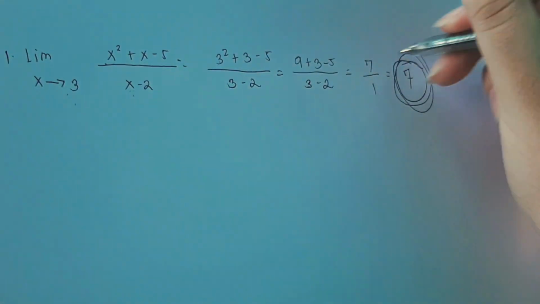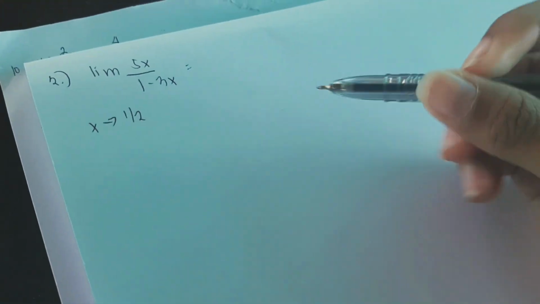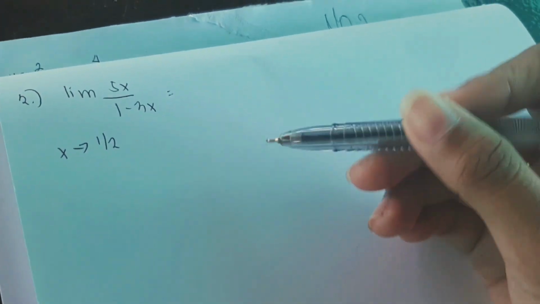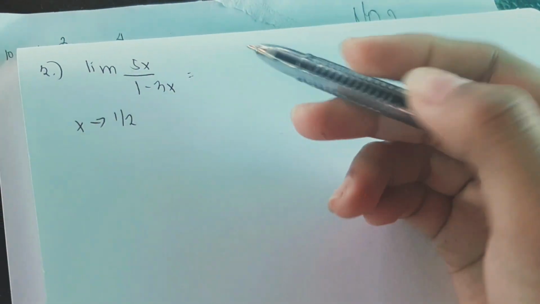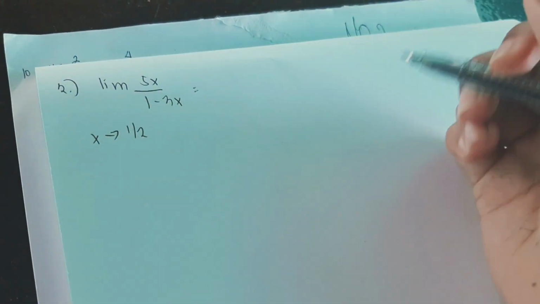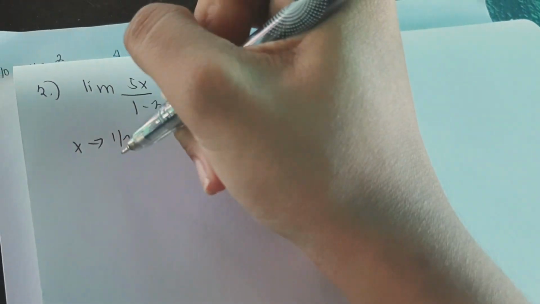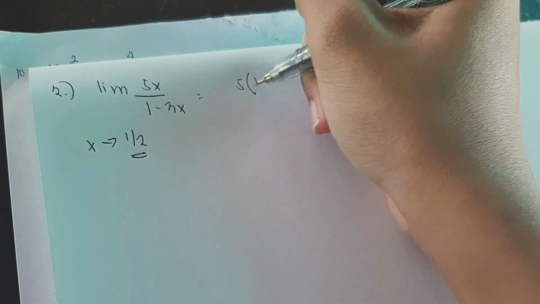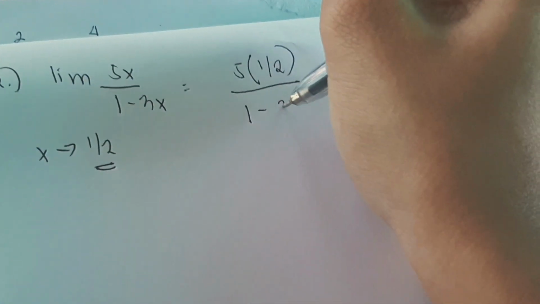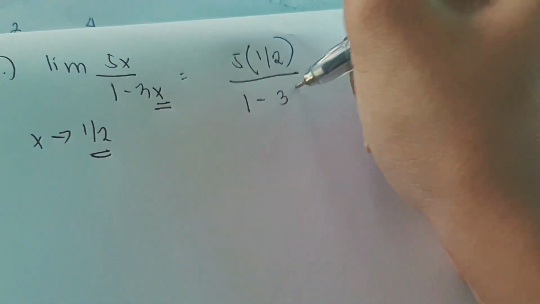Hi guys, it's Idol Isa. So for today, we're going to answer number 2. The number 2 given is 5x over 1 minus 3x and the x is 1/2. So, we're going to substitute the 1/2 into our x. So, let's go. 5 and then we're going to put this in our x. 1/2 over 1 minus 3 and x going to